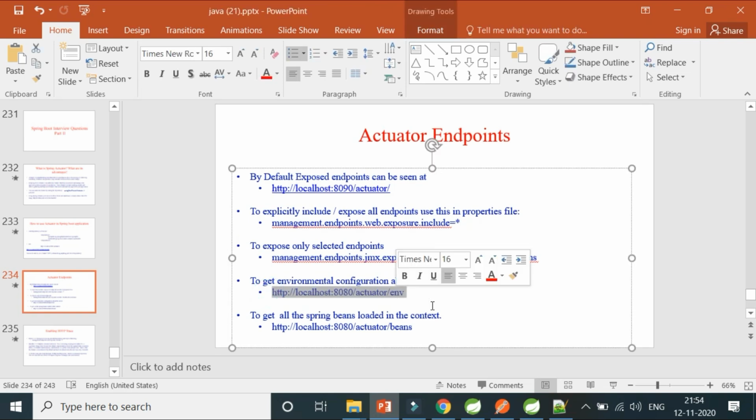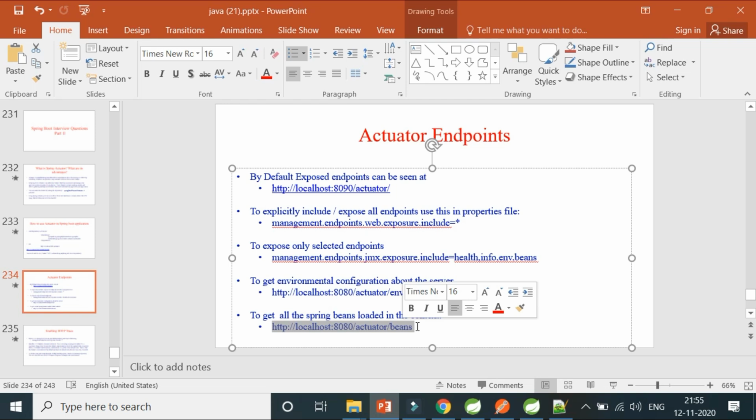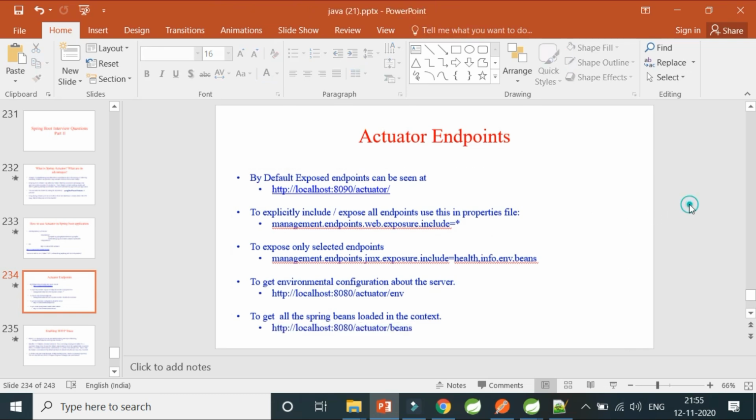Now I've already shown you how environment works. It will give you all the environments which are available for you, like what is the server port, what is the server profile, what is the Spring profile that you're using. Every environment you will be able to see as an output. I've already shown you that. And also 8080, like currently my local, and beans is what this particular link exposes, all the beans, which I've already shown you a few seconds back. What all beans are created for you, I've given an example of a controller which is created for you. So that was all I have for the default endpoints.